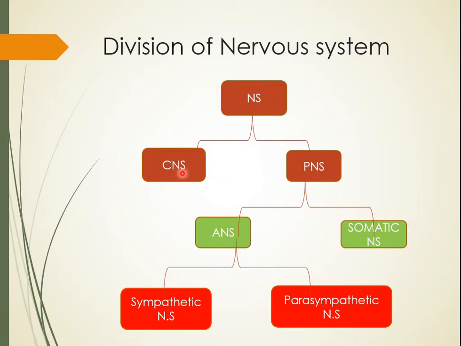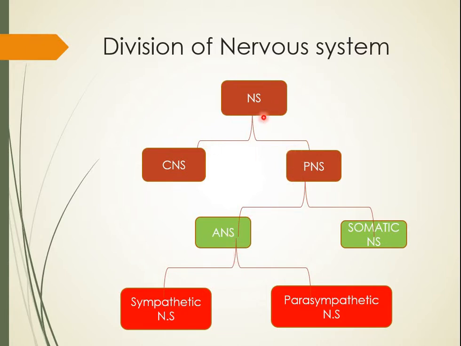You know that the central nervous system contains the brain and the spinal cord, whereas the peripheral division contains the autonomic nervous system and also comprises the somatic nervous system. The autonomic nervous system is then divided into the sympathetic nervous system and the parasympathetic nervous system, and you are quite familiar with this division. This is the general layout of how the autonomic nervous system is